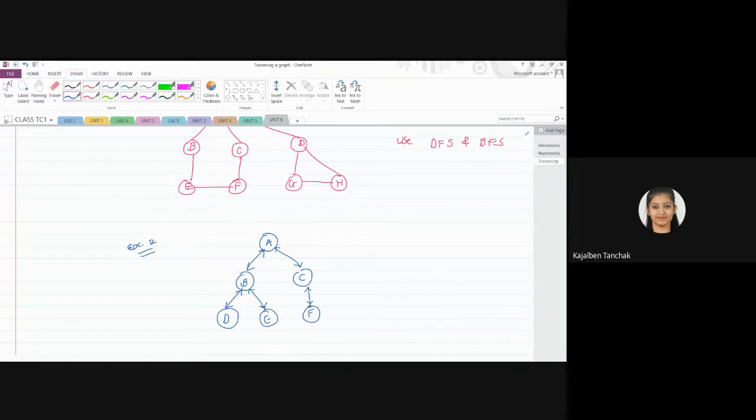If we have only one direction, then it is not possible to visit every node. So when we have a graph with both-side direction, you can backtrack and visit all the nodes. Now just try it and tell me whether it is possible or not to get a DFS or BFS. Okay, so everyone quickly do it.